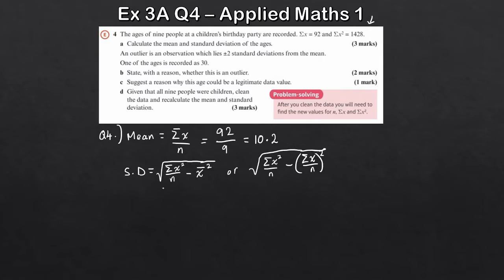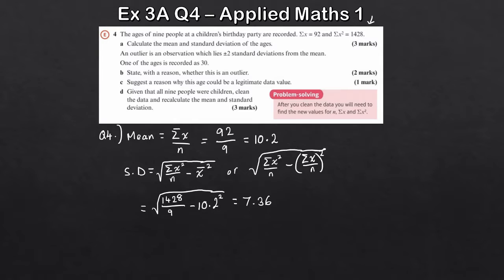So all we've got to do is start plugging everything in. If you work this out, this would be 1428 divided by n, which is 9, minus 10.2 squared. Plug that into your calculator and you'll get 7.36. So that's our standard deviation there. If you wanted the variance, you just do everything underneath the square root, or you can square that value. But that's only if you're working out the variance, because we want the standard deviation, we do take the square root. So part B: we're told one of the ages is recorded as 30, so state with a reason